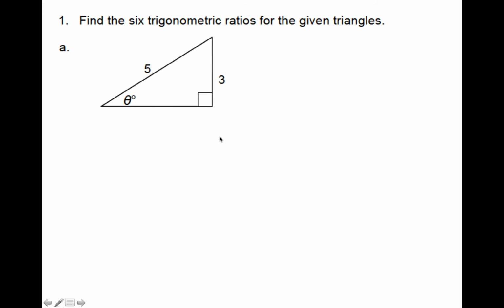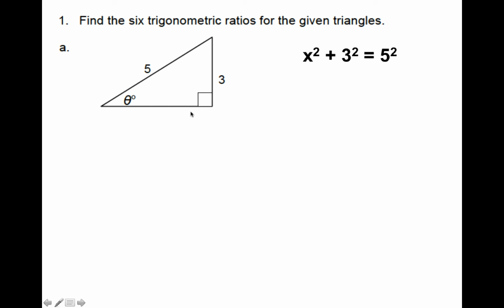So our first example, we have a triangle. Notice this is not a 45, 45, 90 because that would make this 3 root 2. And notice it's not a 30, 60, 90 because double the small side should be a 6, not a 5. So if we're trying to find the missing leg, you have to do the Pythagorean theorem, which is leg